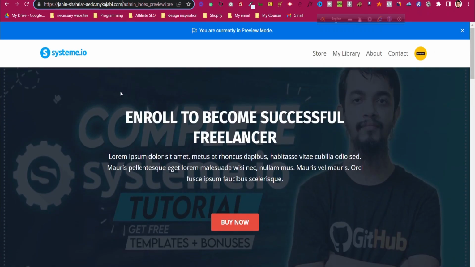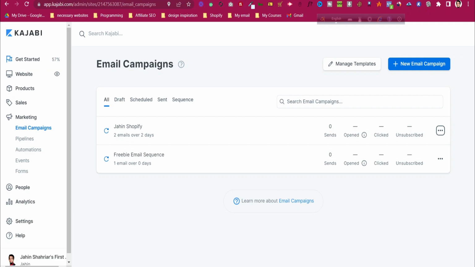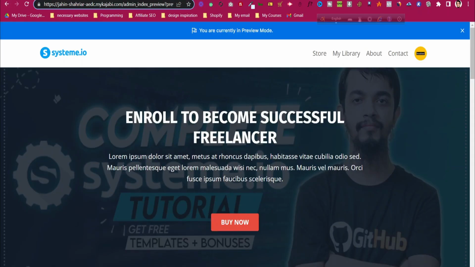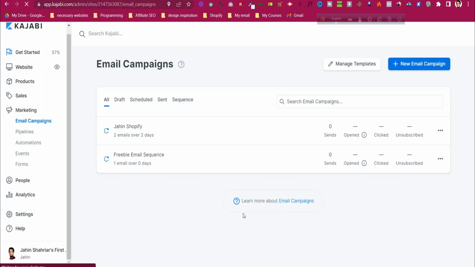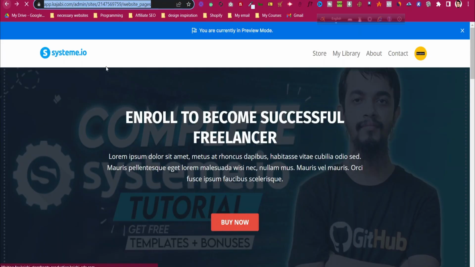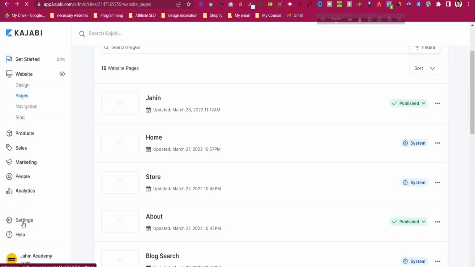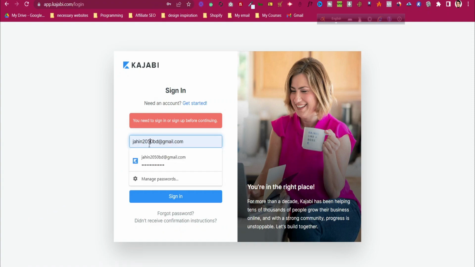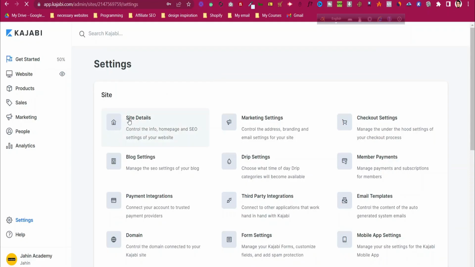But if for some reason I wanted to change that web page to the custom landing page that I made, I can do that as well. How? I can just go to the settings. Okay, I have just lost the login for some reason, so let me log into the site again. Okay, I can go to the site settings,